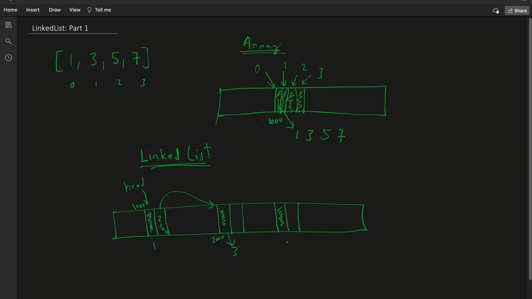Here we have the data, that is 5. Again one here. Here we have the data, that is 7. But then this node's address is, let's say, 7000. This node's address is 4000. So the previous node, this one 3, will store the value, that is 3, and the value of the address for the next node. So it will store